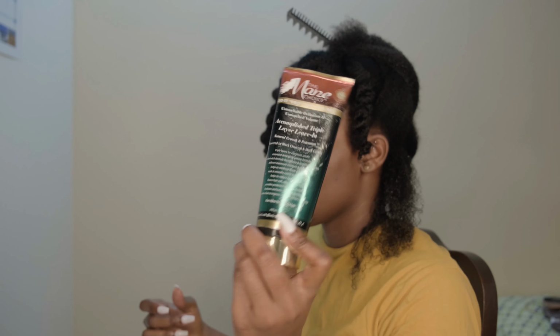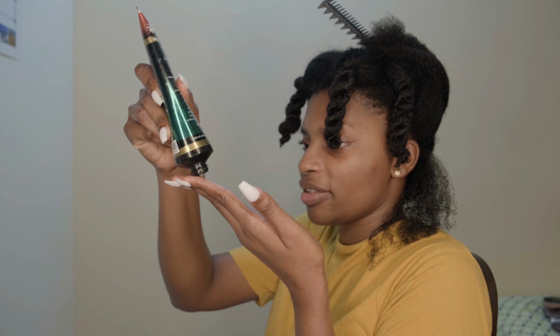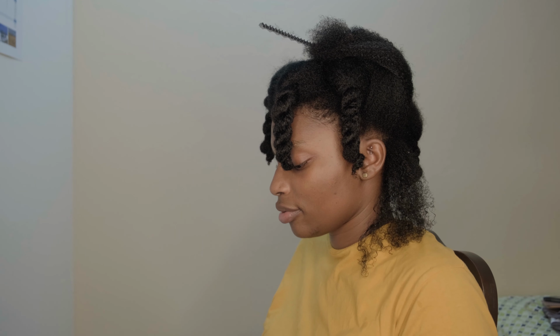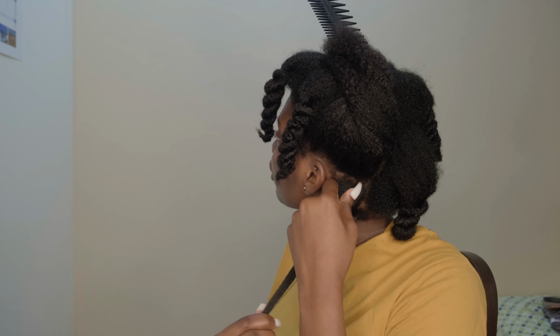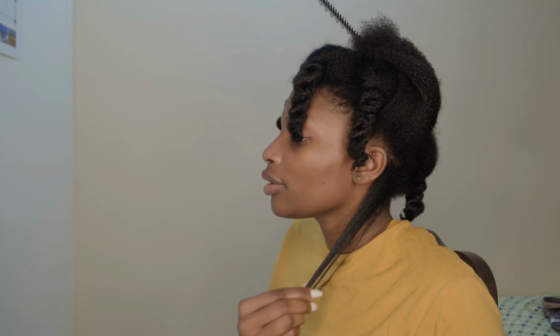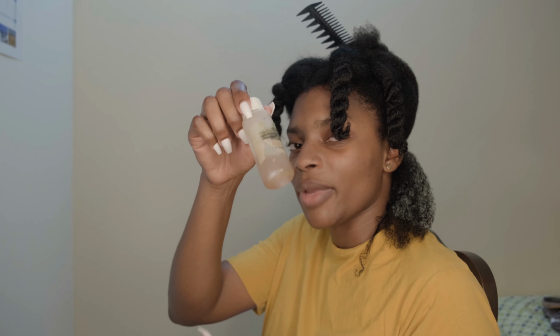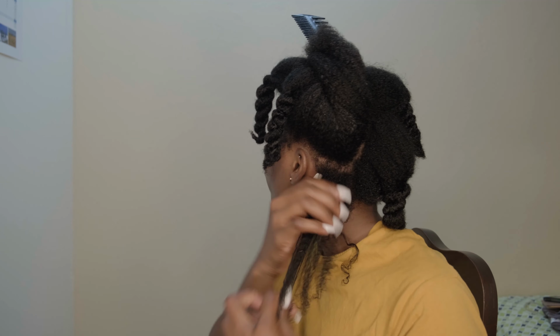I'm going to add my leave-in conditioner. Just a little pea-sized amount because it's a small section. Add it. I'm going to add my castor oil right now. Small amount because it's very thick. And that amount,